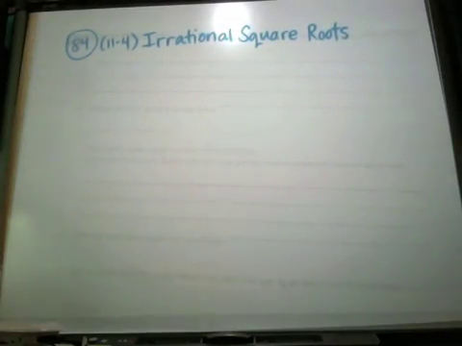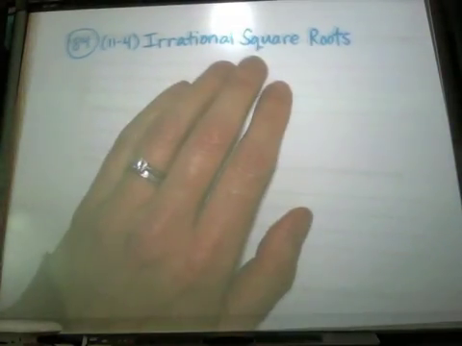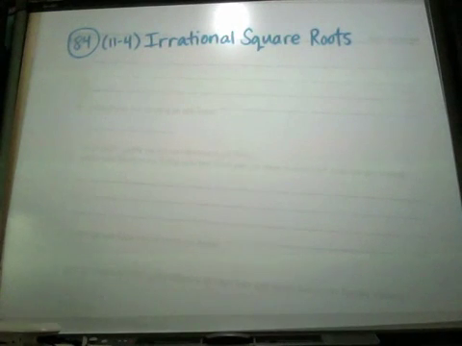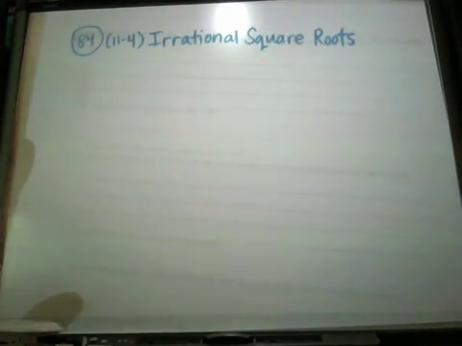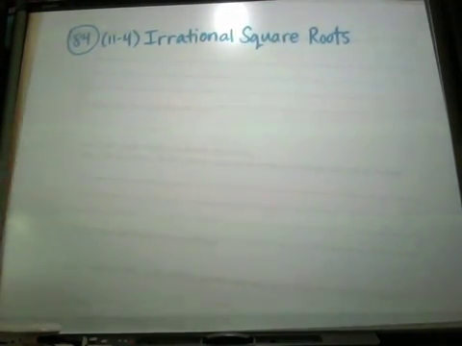Roots, which meant that all of your answers had whole numbers, right? Even if it was in a fraction form, everything simplified down to a whole number. Today, you will see a difference. So first of all, irrational numbers